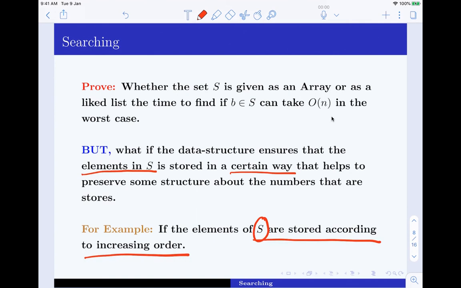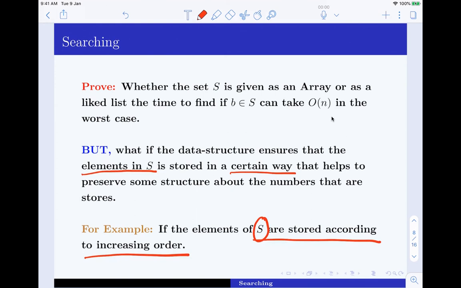You can have increasing or decreasing, but the fact is that it is stored in some nice order. Then how can you do it? I will tell you how you can then quickly search whether a number B is in S or not